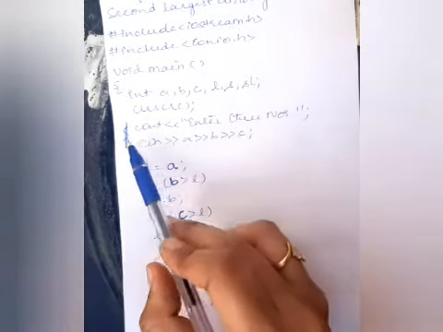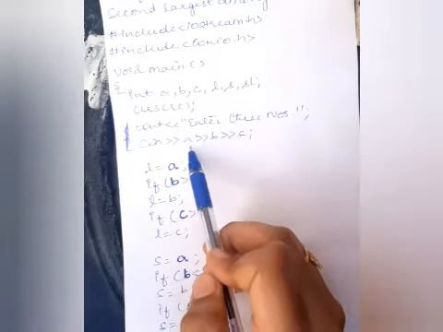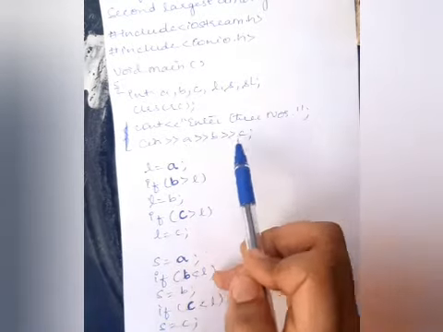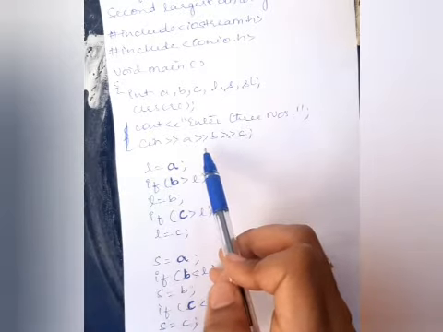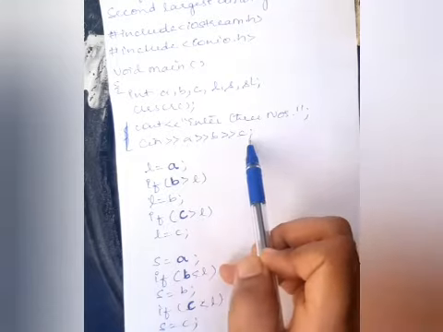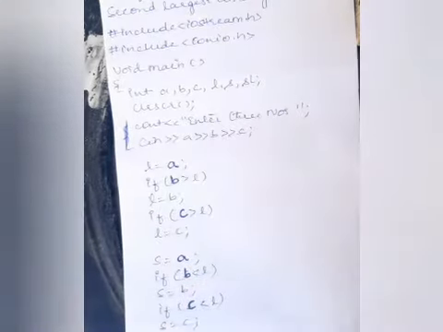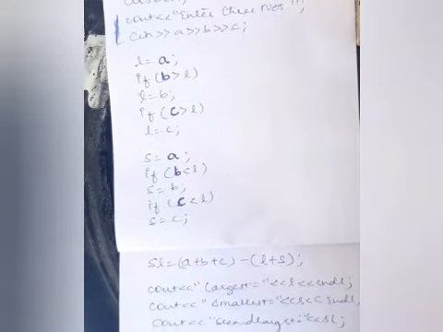As I said, we are done with the input statement, that is enter three numbers. The user is supposed to enter any three different numbers. All these three different numbers will be stored in these three different variables, that is A, B and C. So now we are done with the input statement. Now let us move on to the logic part.